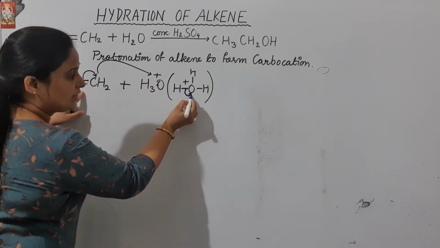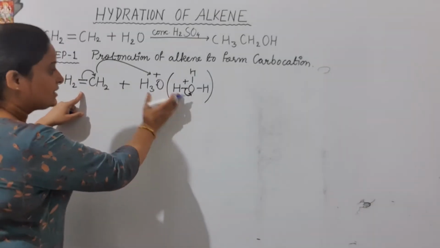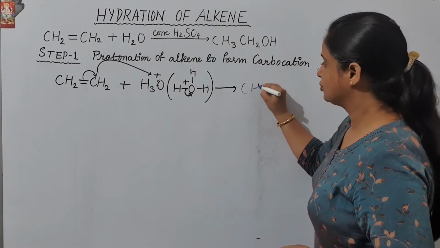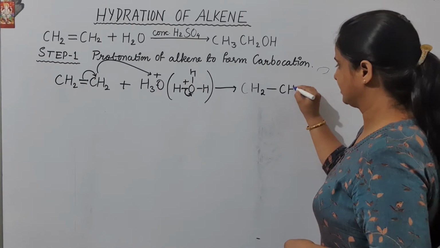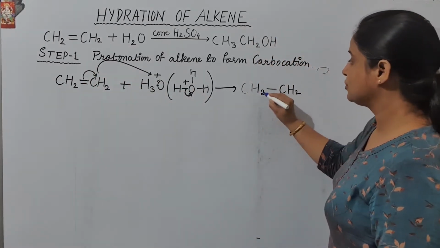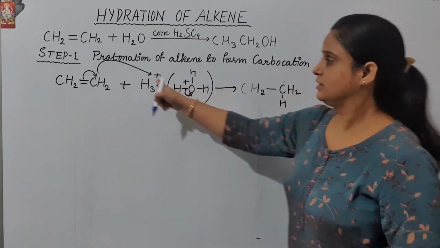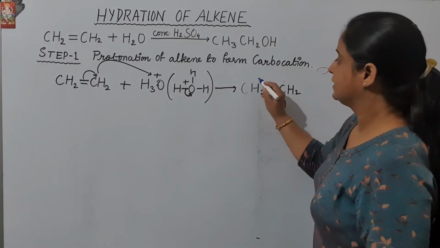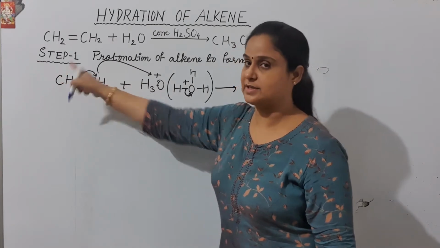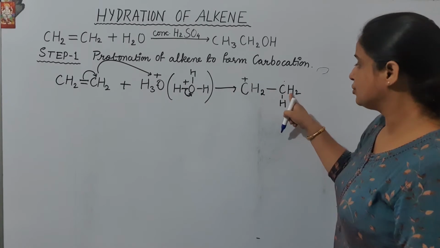Hydrogen will give its electron to the oxygen and will come out as proton, and then this will attach with this alkene. So what is going on here? CH2 single bond CH2, because one bond is already shifted to this carbon. So this is CH2 single bond CH2, because the carbon was shifted here, hydrogen ion will be added to it, and then because of the shifting of electron to this carbon atom, this will become positively charged. So I am showing it here, CH2+ CH2H.